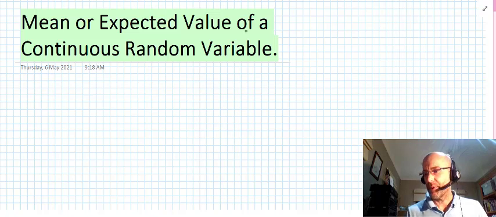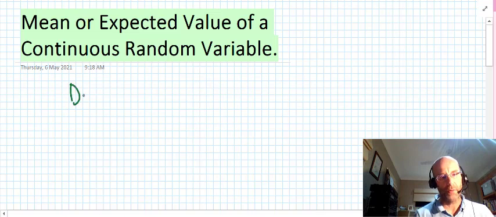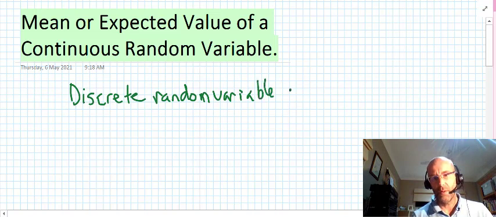The mean or the expected value of a continuous random variable. Now, we've been looking at, prior to this, discrete random variables. With the discrete random variable, you may well remember the expression for the mean or the expected value. So for a discrete random variable, we saw that the mean had the symbol mu, or sometimes it was written